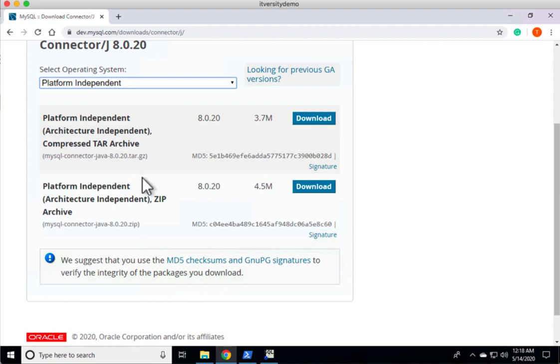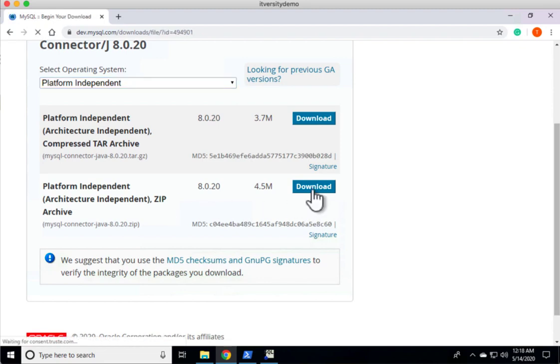You can see there is a zip file and also there is a tarball. As I'm using Windows, I want to use the zip file, not the tarball, because we will not be able to untar and unzip the files directly on Windows if it is a gzip. If it is a regular zip, we should be able to unzip directly without additional software. So I'm using the zip file for the download.